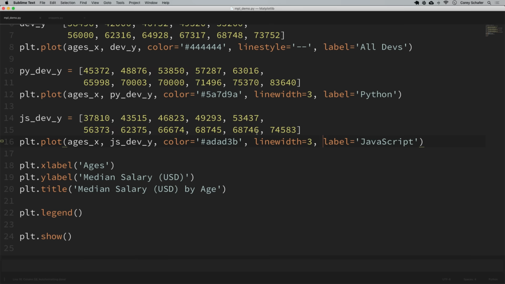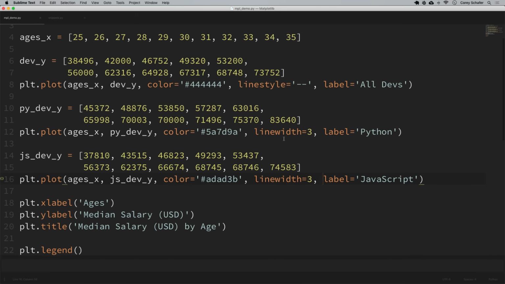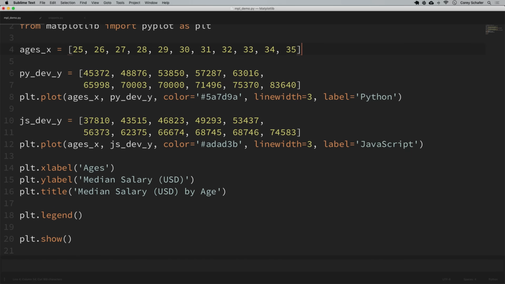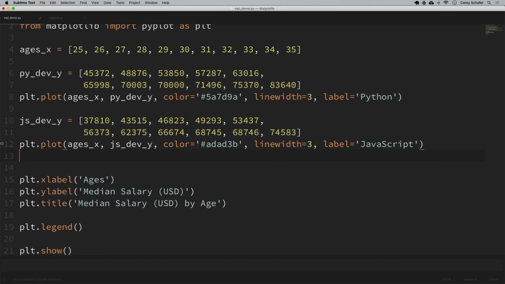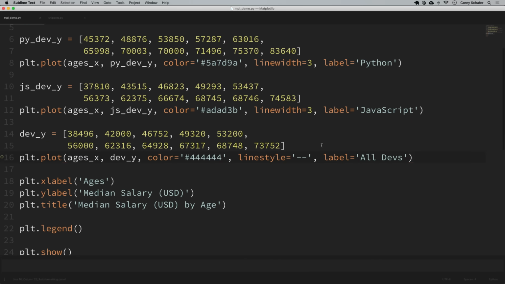So I'll do that with both Python and JavaScript, and I'm going to leave the all developers as it is. Now, this could actually cover up our dotted line because lines are layered in the order that they're added. So instead, I'm going to move our dotted line to the bottom here. So I'm going to grab this plot and grab this data, and I'm going to move that to the bottom so that it's plotted on top, just in case it would have been hidden behind any of those other 2